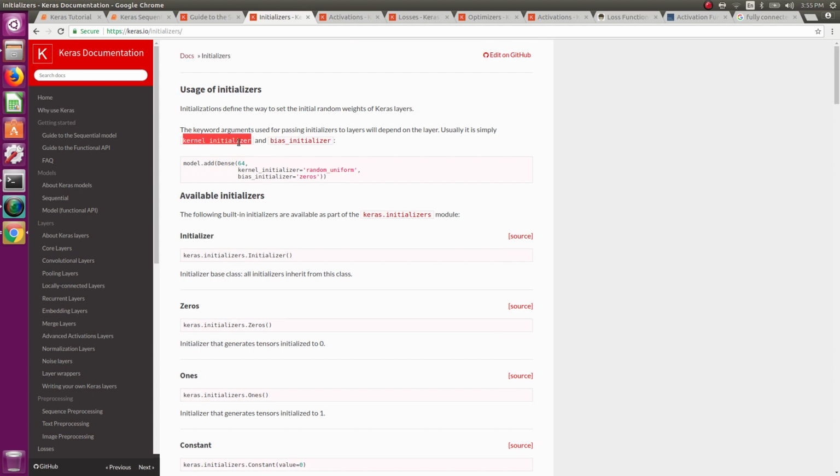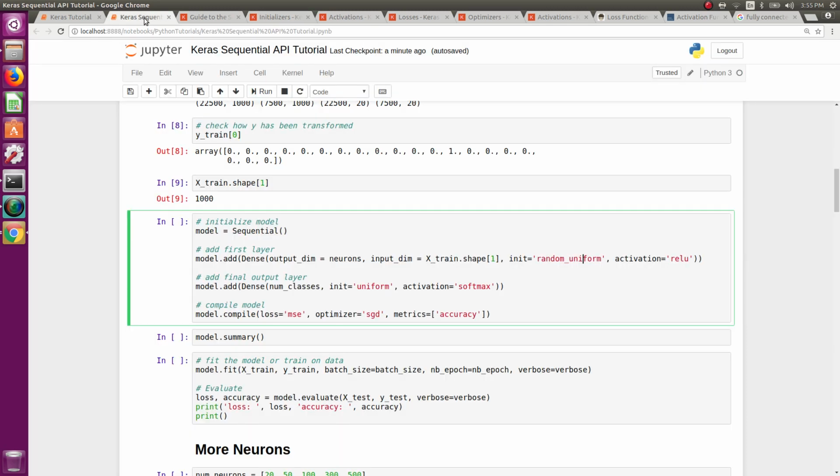for the kernel and for the bias. For example, when I talk about the convolutional neural network, the kernels will come, and we will also have the bias. In those terms, it will be very, very important. For example, right now I have my kernel,